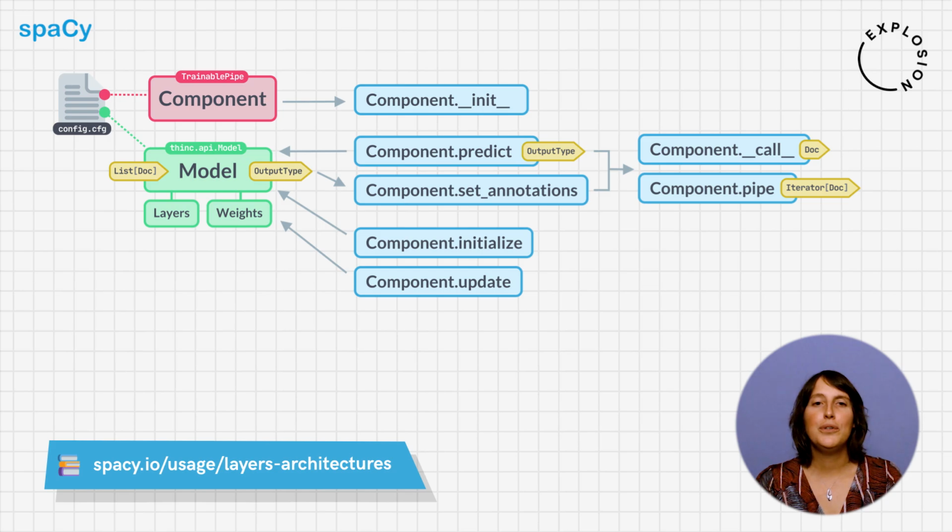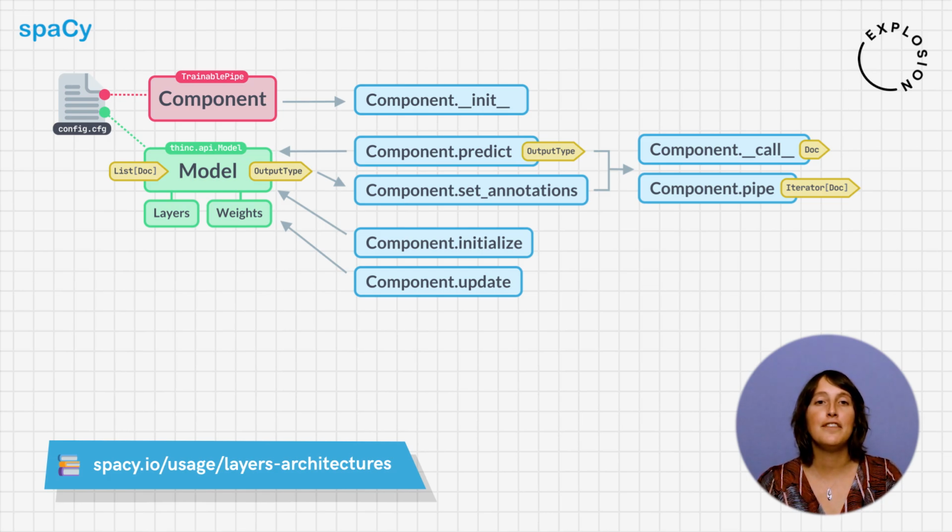The constructor of the component is typically invoked through a factory function and receives a Thinc model. You can also implement your machine learning model in TensorFlow or PyTorch and wrap it with one of the available wrappers in Thinc. The initialize method of a component should be called right after creation and before training begins. This method is usually triggered by invoking nlp.initialize, and it ensures that the component and its internal model are properly set up.